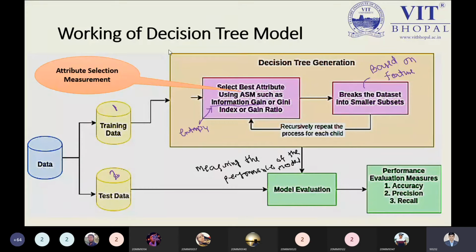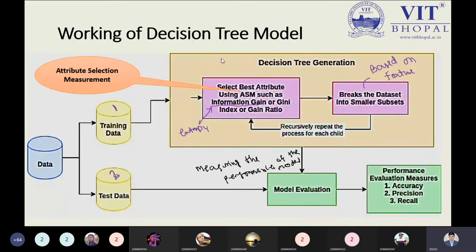Now, I hope this example, this slide, which contains the working of the decision tree model, describes it perfectly. I hope it is clear to all. Any doubt over here? Whatever we have seen in the previous part is only diagrammatic, nothing else especially. Tell me right now, any doubts so far, students? If you have, please tell me. Anyone? Okay, good, great.